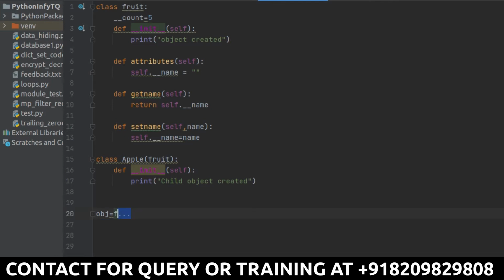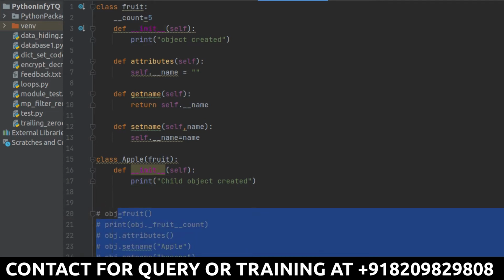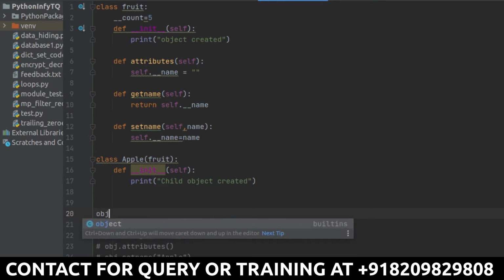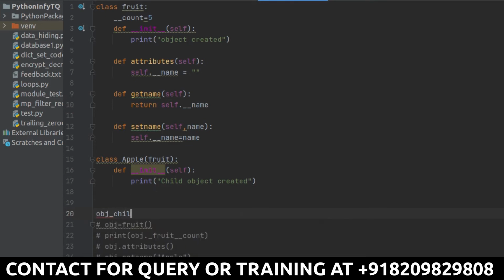Let's comment this one for now. Now over here, instead of calling anything from here, let's create an object. Let's say obj_child equal to, now I will be creating an object for the child class which is named apple.